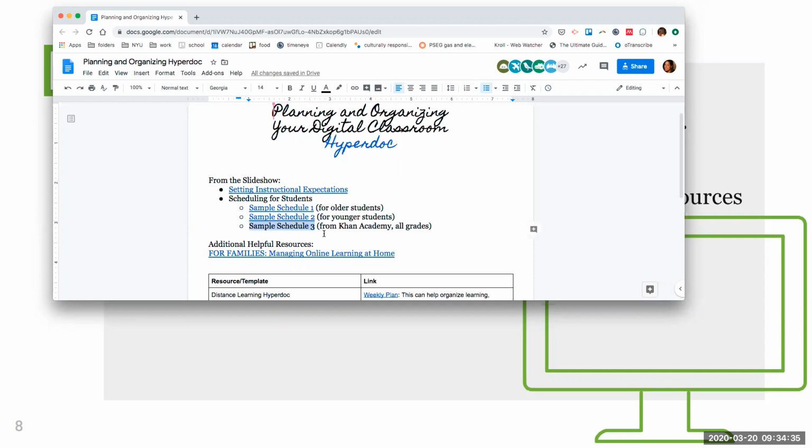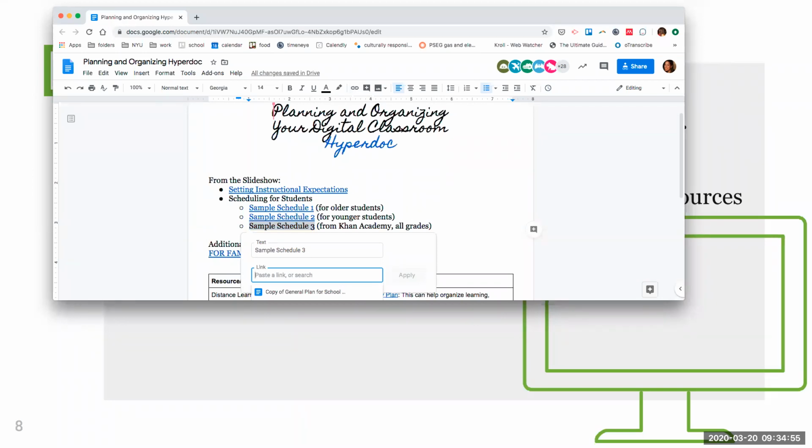So now I highlight it, and I want to make this a hyperlink. The way I do that is through this hyperlink button, insert link. Under what menu? At the top, next to where I would change the font, I say insert link. Oh. And now I'm going to paste.